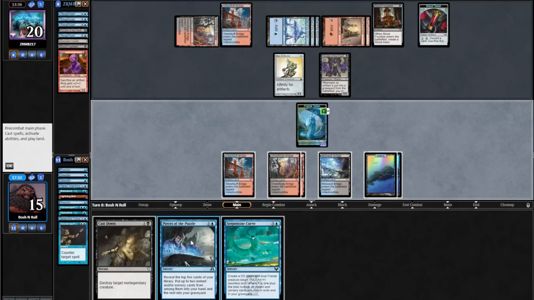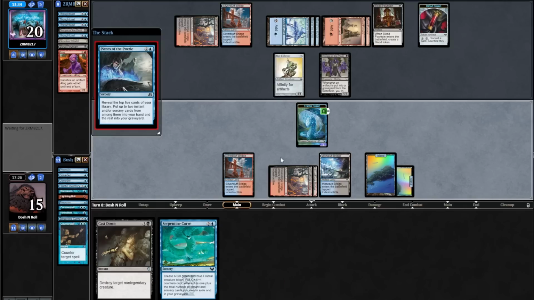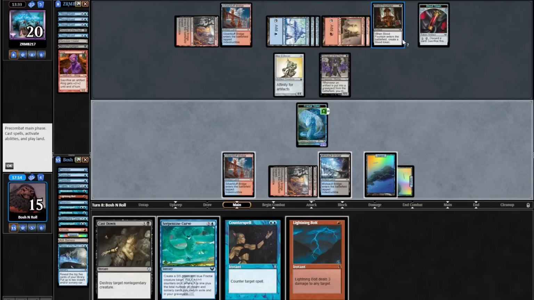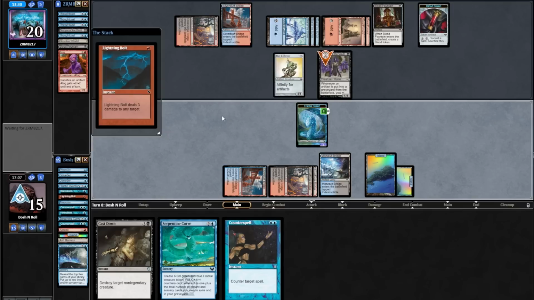I think I need Pieces here. Leaving up maximum blue mana, I think is how I gotta do this. Bolt and Counterspell. Yeah, those are good ones. Bolt and Counterspell. I can double spell this turn. Bolt the Disciple. I don't want them to be able to chump block after they saw me put Lightning Bolt